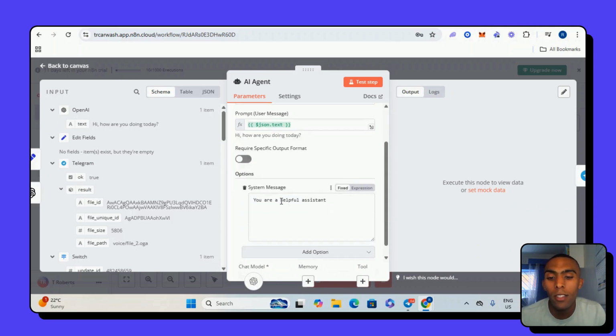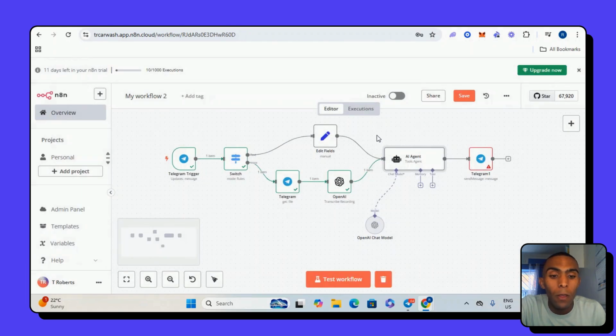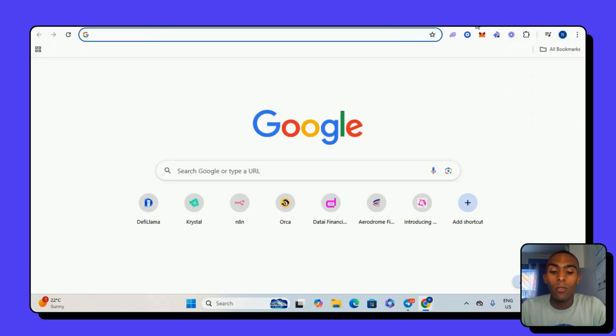So this is who the AI agent is, the AI agent's personality. We can tell the AI agent to add emojis to every text, or what I've normally done is I would copy this and go to DeepSeek,